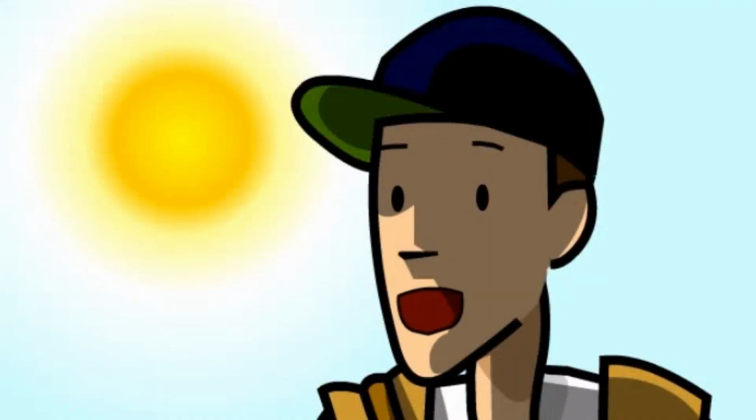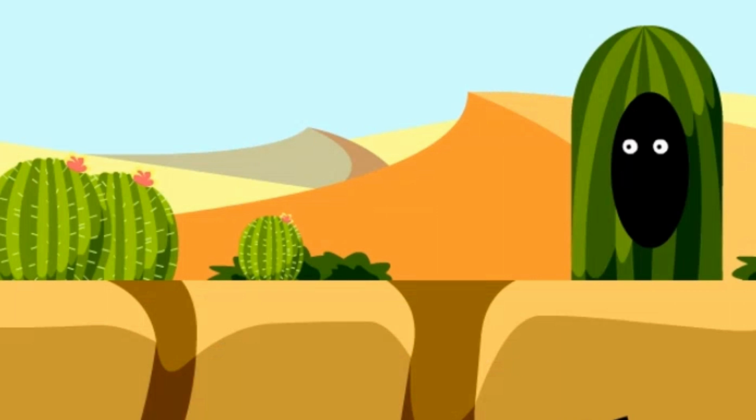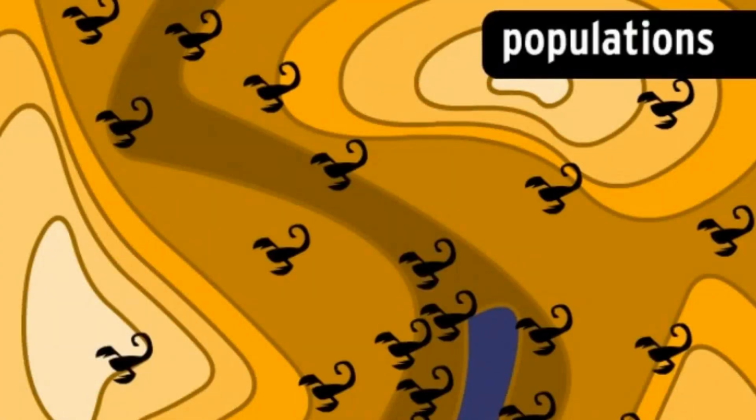And the sun is intense. Moby would overheat every day if he lived here. Desert soil is delicate and not very good for growing things. Even with the hot and dry conditions, the desert ecosystem has its own community of plants and animals that have adapted. Cacti can store water, kangaroo rats sleep underground where it's cooler, and owls prey at night when the sun goes down. In an ecosystem, communities can be divided into different populations.